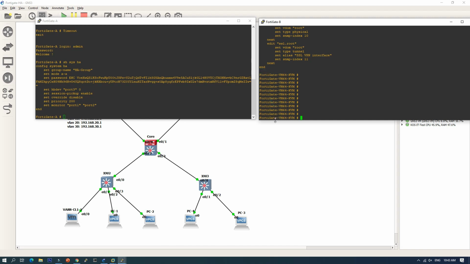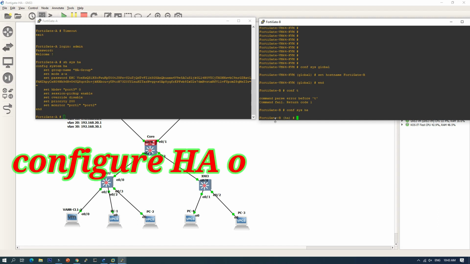So config system global, and then set hostname FortiGate B. Okay, and then we go to the HA configuration. This is FortiGate. Config system HA.